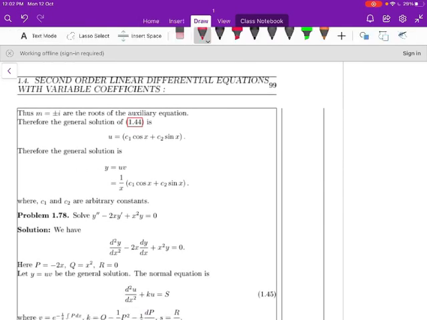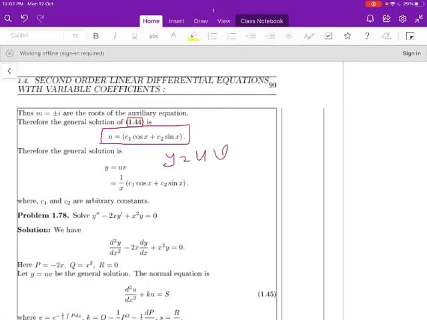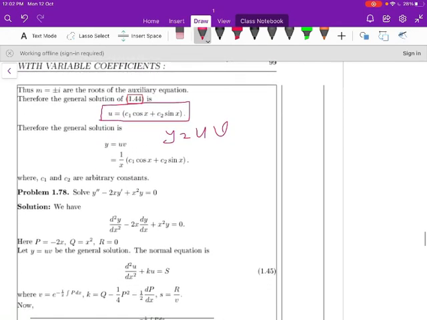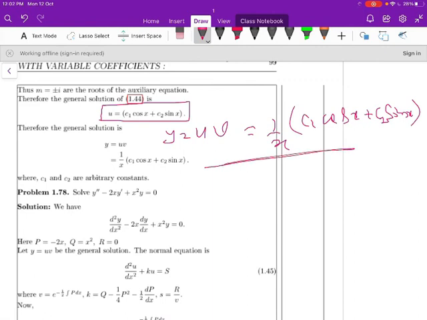Let us write the auxiliary equation: m square plus 1 is equal to 0. The roots are plus or minus i. The general solution is u is equal to c1 cos x plus c2 sin x. This is the solution of the normal equation. So the general solution of the given equation is u into v, where v is 1 by x. So y is equal to 1 by x into u, that is y is equal to 1 by x into c1 cos x plus c2 sin x. This is the solution of our given differential equation, where c1 and c2